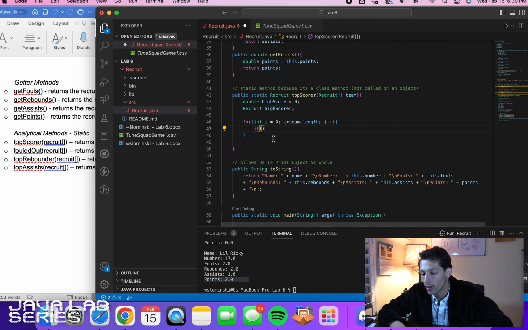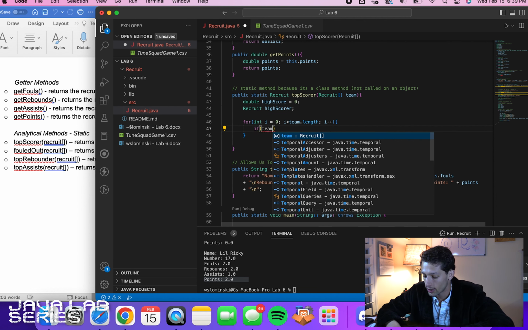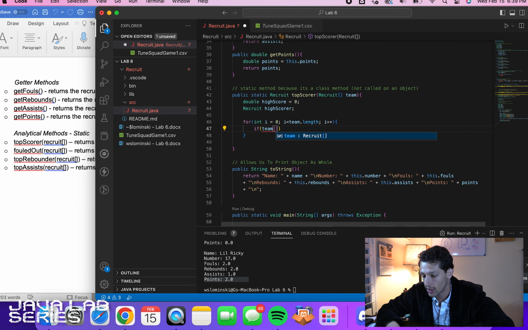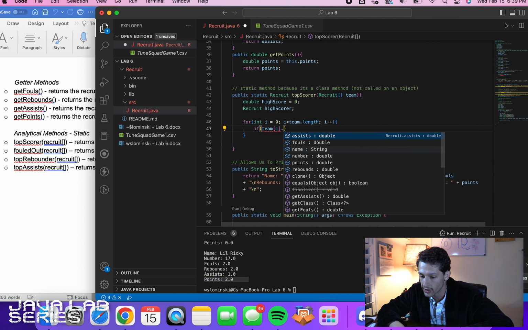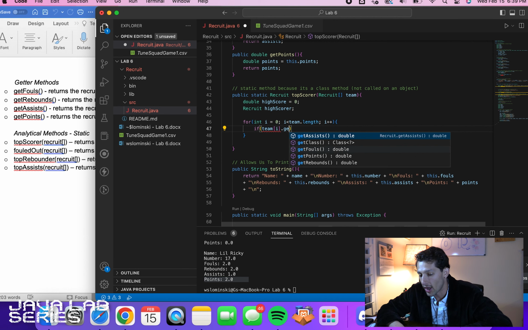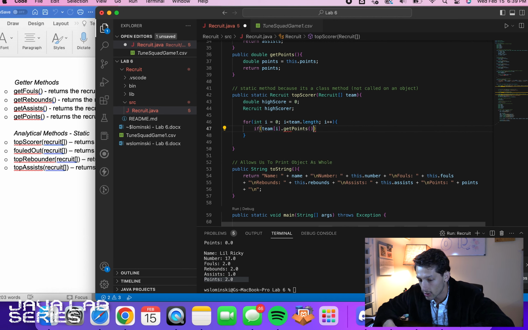So if team i, so this is going to be the first person in this recruit array called team. Right now we're grabbing that person, and now we can use our getter methods that we created. So if that person dot get points, so now we're looking at their points, if that is more than our high score,